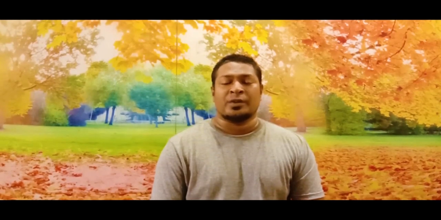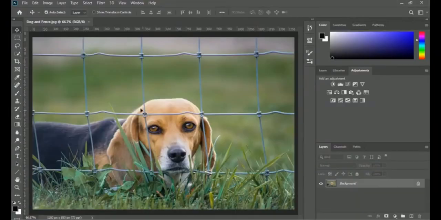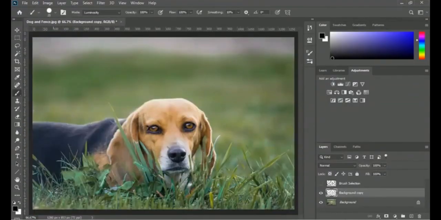Hi there, this is a professional Adobe Photoshop course and you can learn lots of things from this course. And if you want to be a graphics designer, then this course will help you a lot. You can learn from this course about selection and masking,